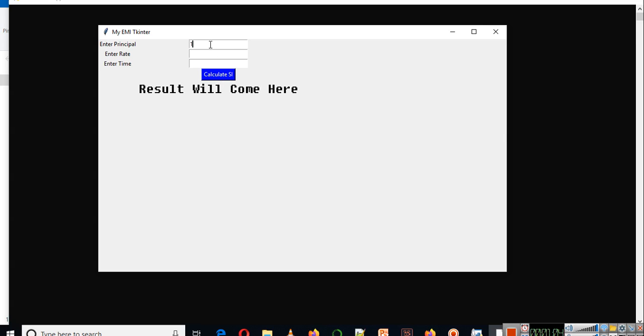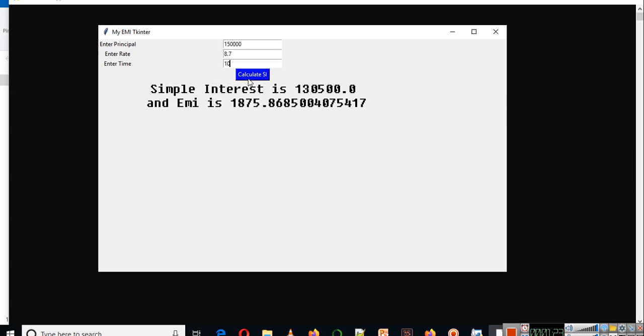So let's write some value here. For example, someone is taking a loan of 1,50,000 at an interest rate of 8.7% and for a period of 10 years. So on button click you will get the result.